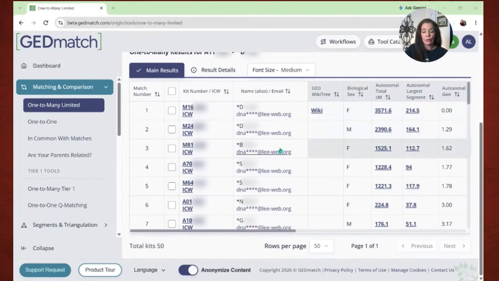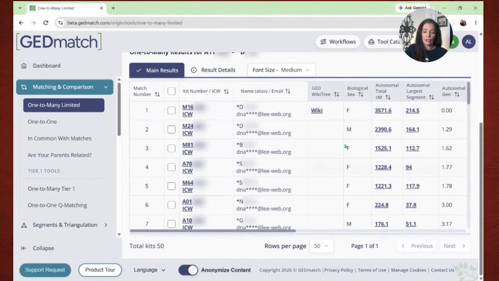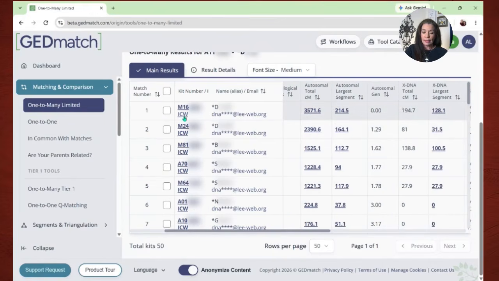Without going into how to use this tool specifically, I do want to go over a couple features that I like on this website that just make navigating so much easier. If you look at the table in your results, you're going to see a number of clickable links. Now, this first result is mine. It's a second copy of my DNA. It's just from a different website. We're not going to use that because it's essentially me. But we're going to go and click on